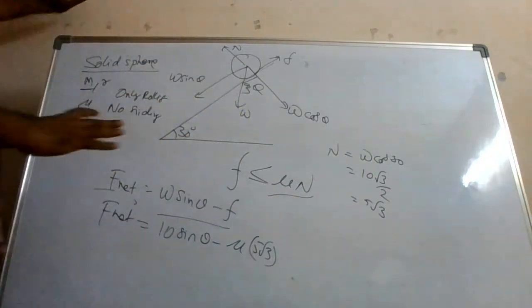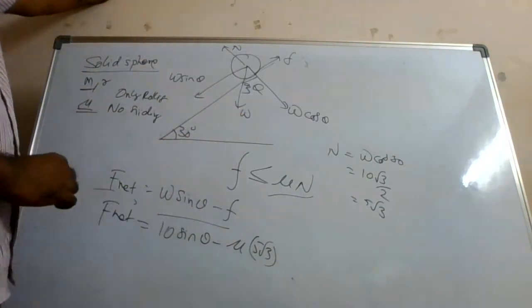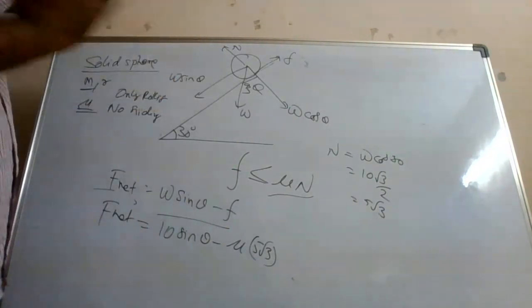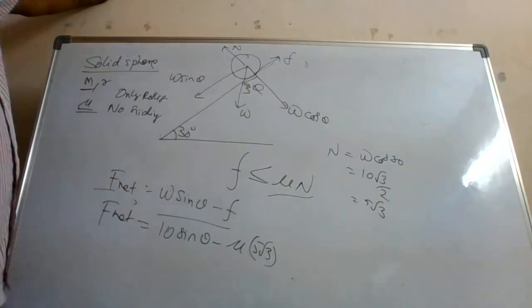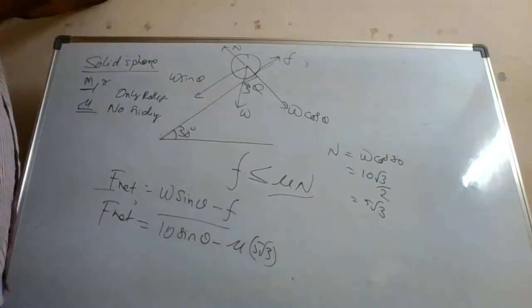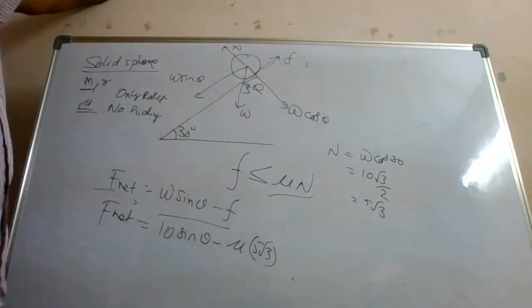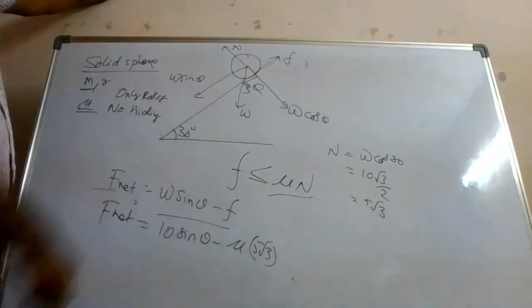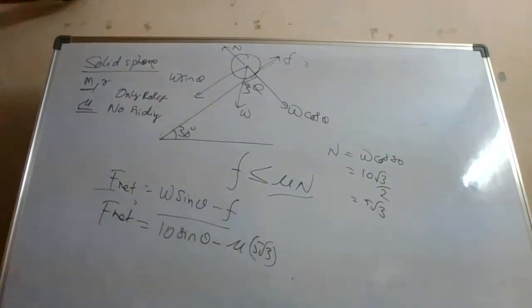So first we were discussing how much the mu value should be. Okay. So we need to understand that the net force acting on the system should be less than the frictional force. Okay, then only rolling will happen. So what is the force acting on the system? The net force is this much. Okay, so let us say in the question the mu value is given to you, so you can find the F net value. From F net you will get the acceleration.